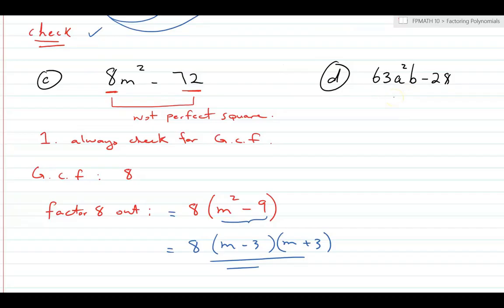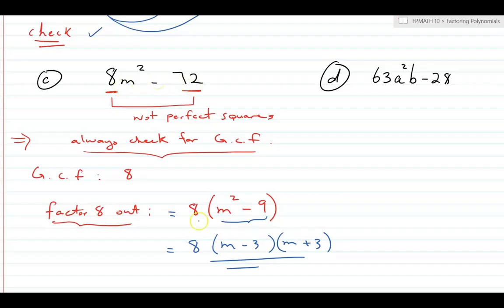Same idea again, but this time, when we check for the perfect square, you notice that 8m squared and 72 are not perfect squares. So the first thing we always have to do is check for GCF. If there is a GCF, it doesn't matter what kind of factoring question you have, you always check for the greatest common factor of all terms, so you take that out first. And once you do that, whatever you are left with, you can look at it and say, okay, what type of trinomial or binomial it is, and then you go ahead and factor that inside the bracket. So in this case, we know that 8 is a common factor for both, the greatest